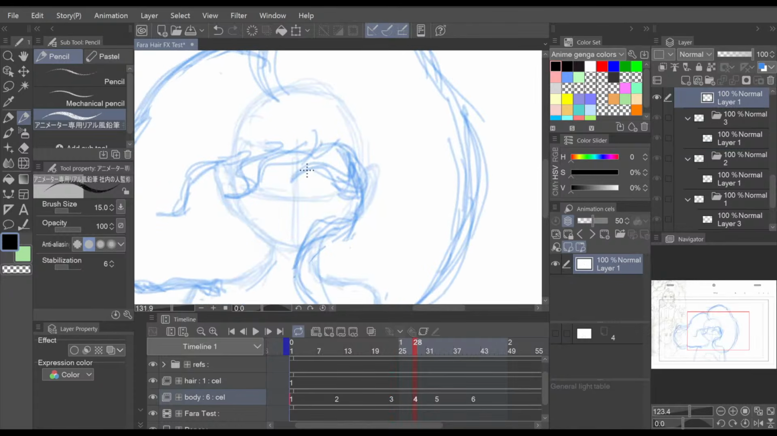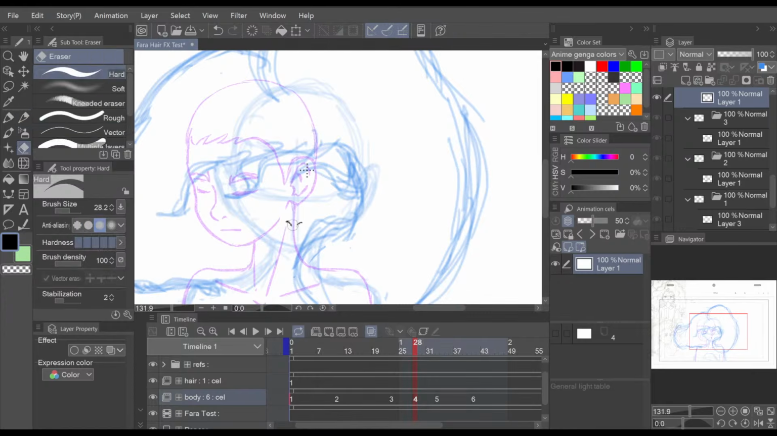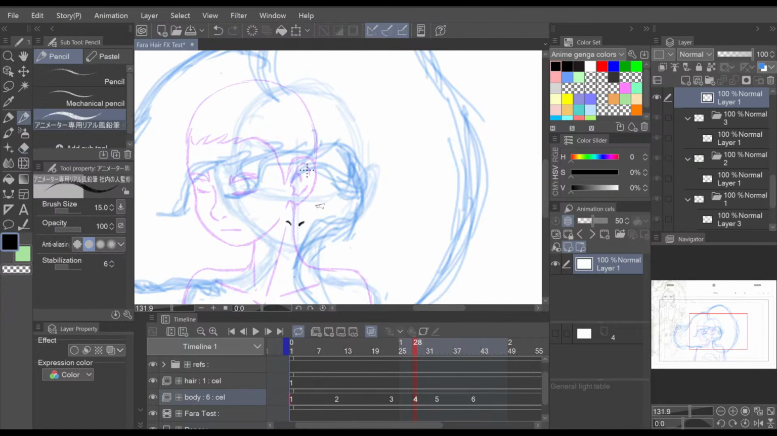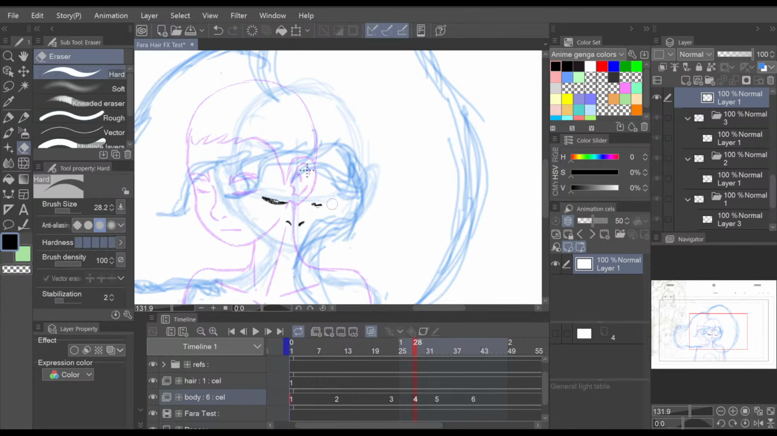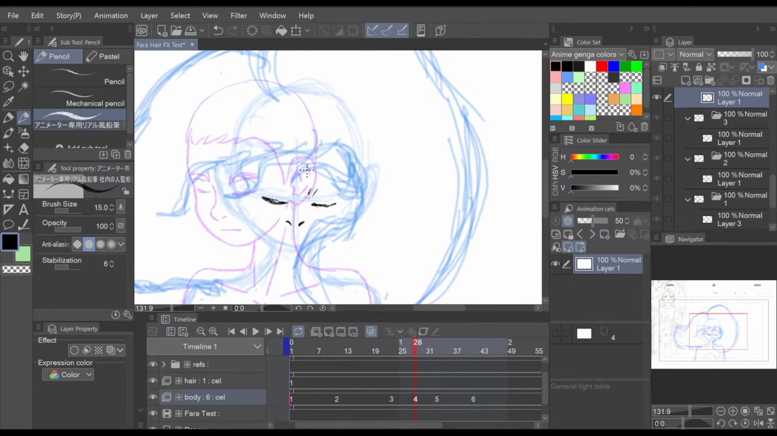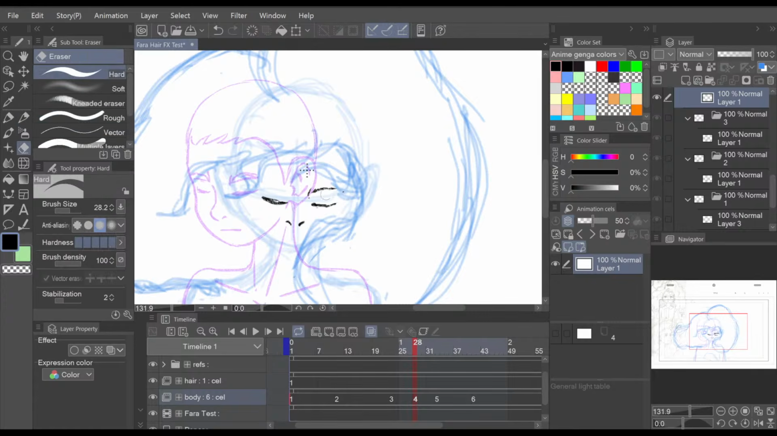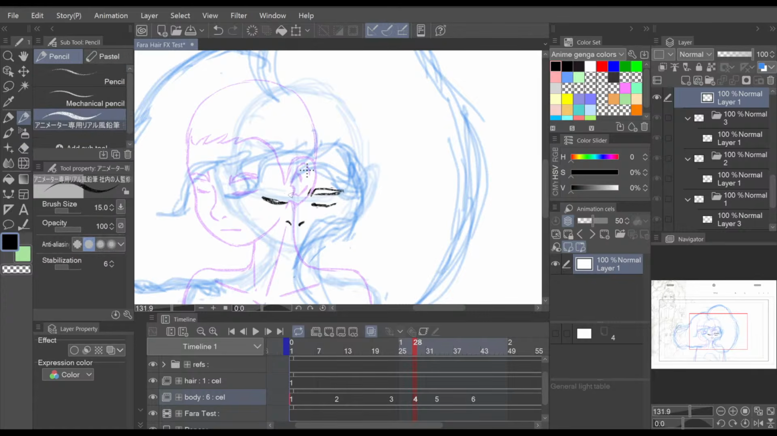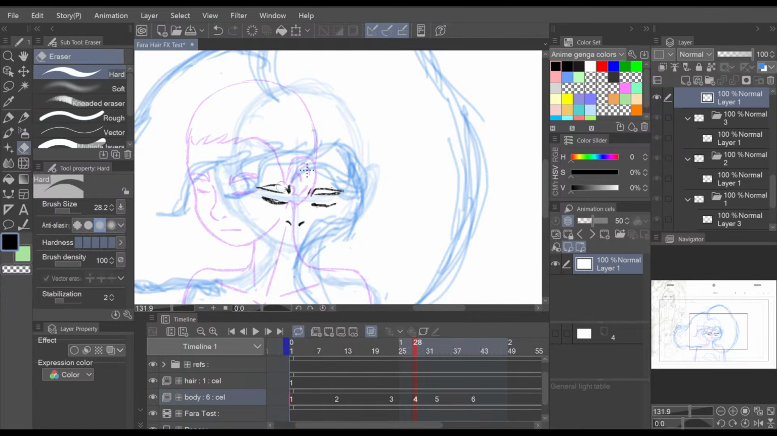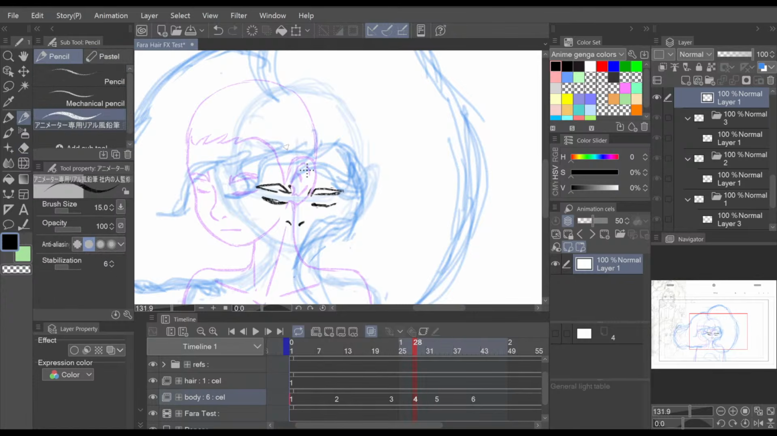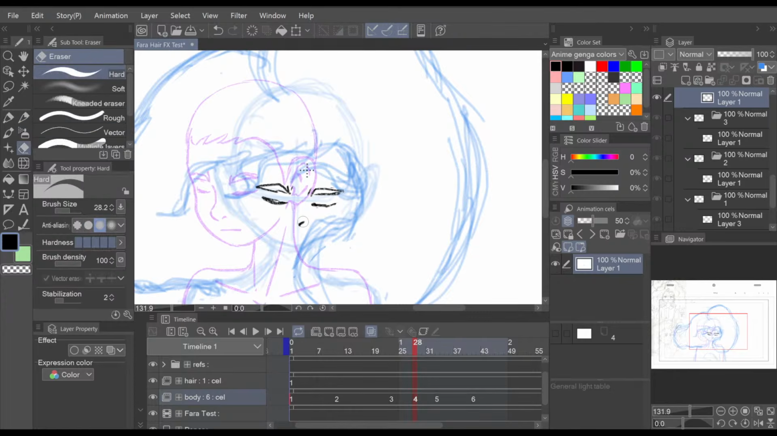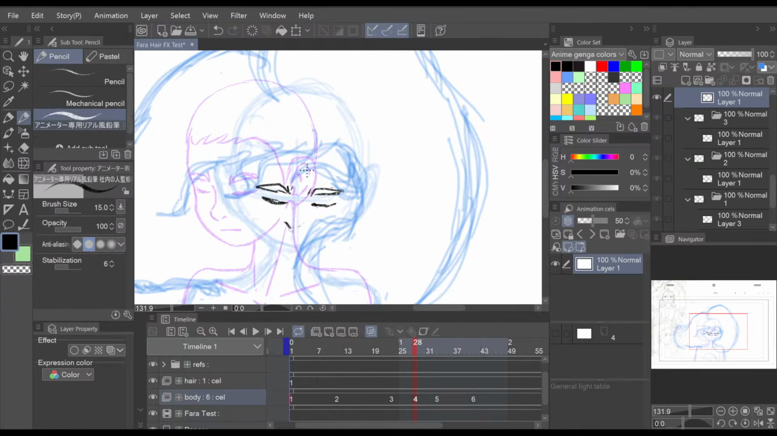Okay, now okay, so now I'm exploring the character from the front, and